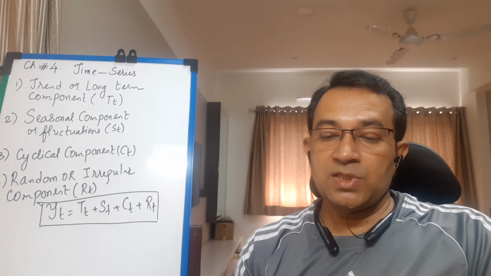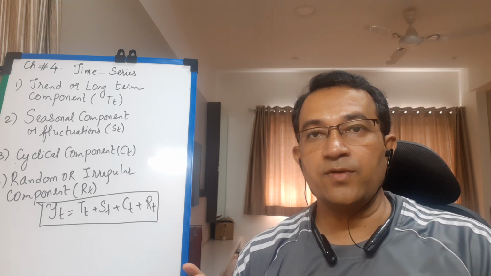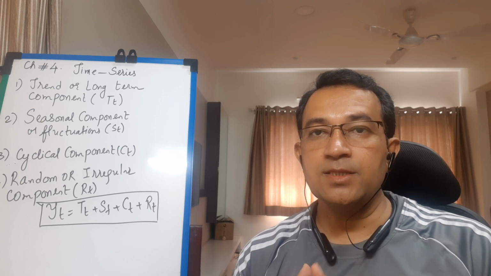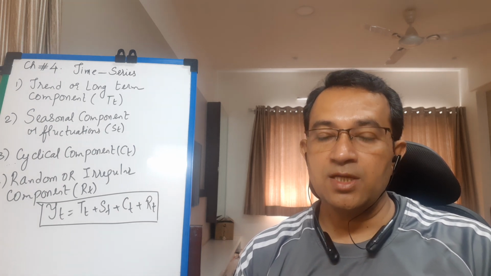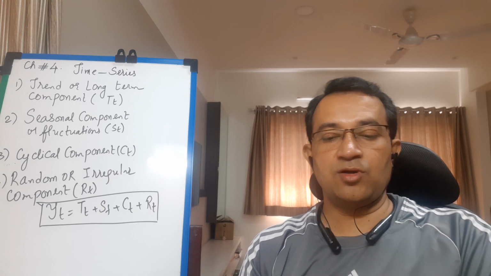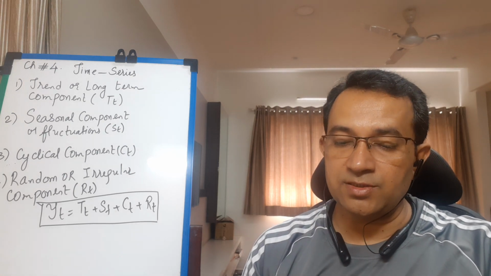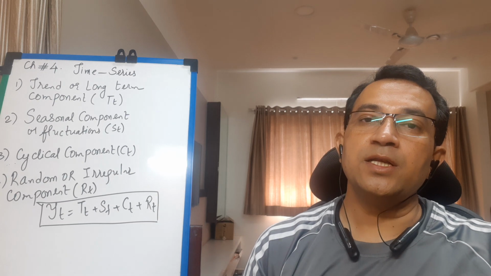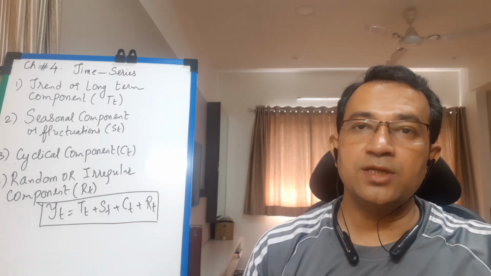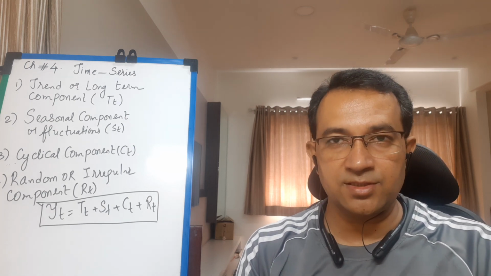Now, the seasonal component affects the time series in two ways. First is effect of natural factors, and second is effect of man-made factors. In the effect of natural factors, students, these variations in the values of time series are associated with the seasons or weather fluctuations. Such variations are always at regular time intervals. I told you, increase in demand of AC during summer, increase in demand of woolen clothes during winter, increase in demand of raincoats and umbrellas during rainy season, etc.